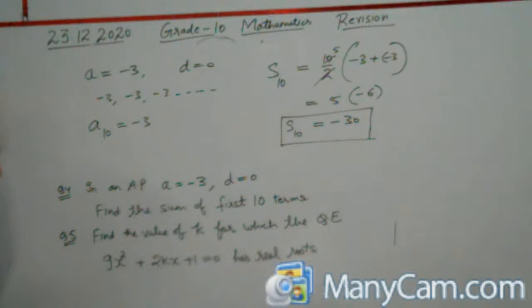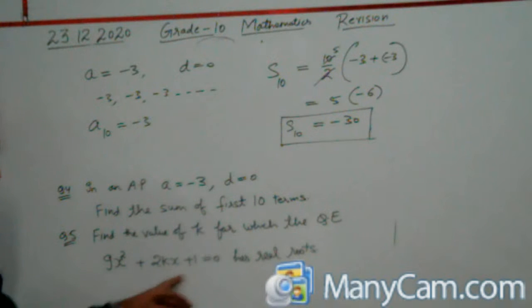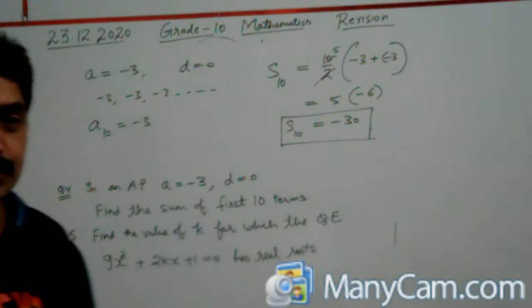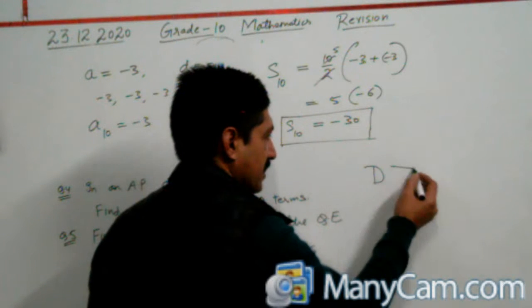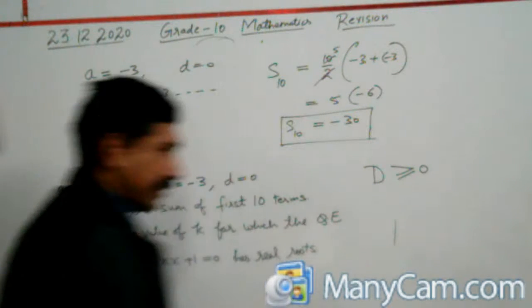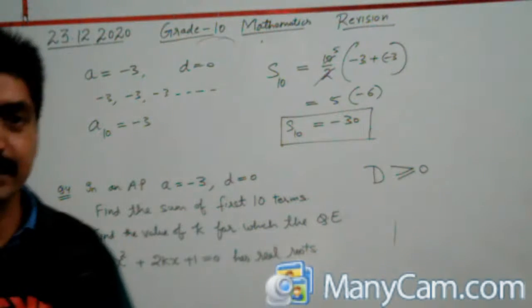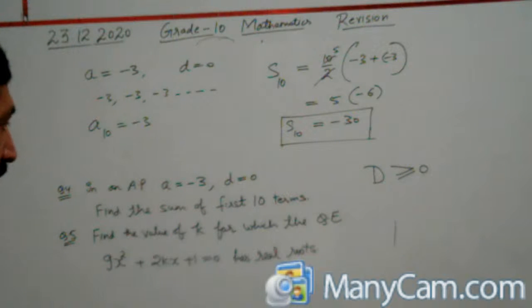And the next, find the value of a for which the quadratic equation has real roots. We have real roots when the discriminant is greater than or equal to 0, right? For what value of a? So here